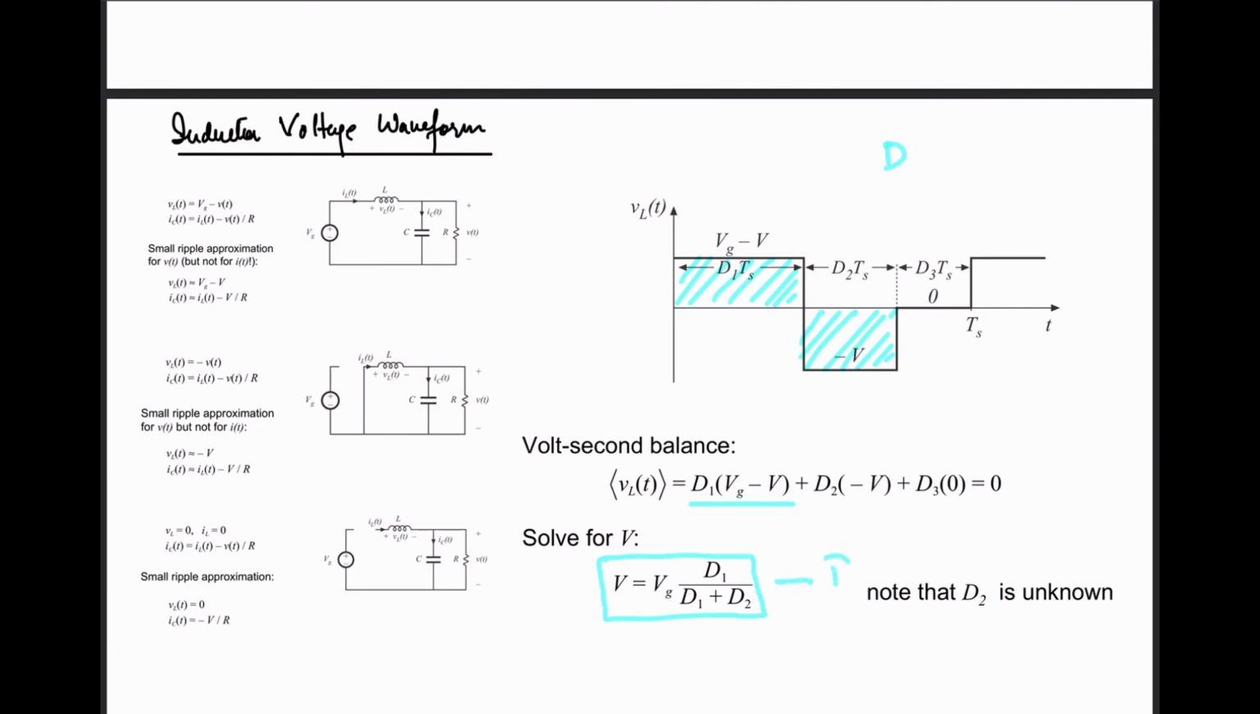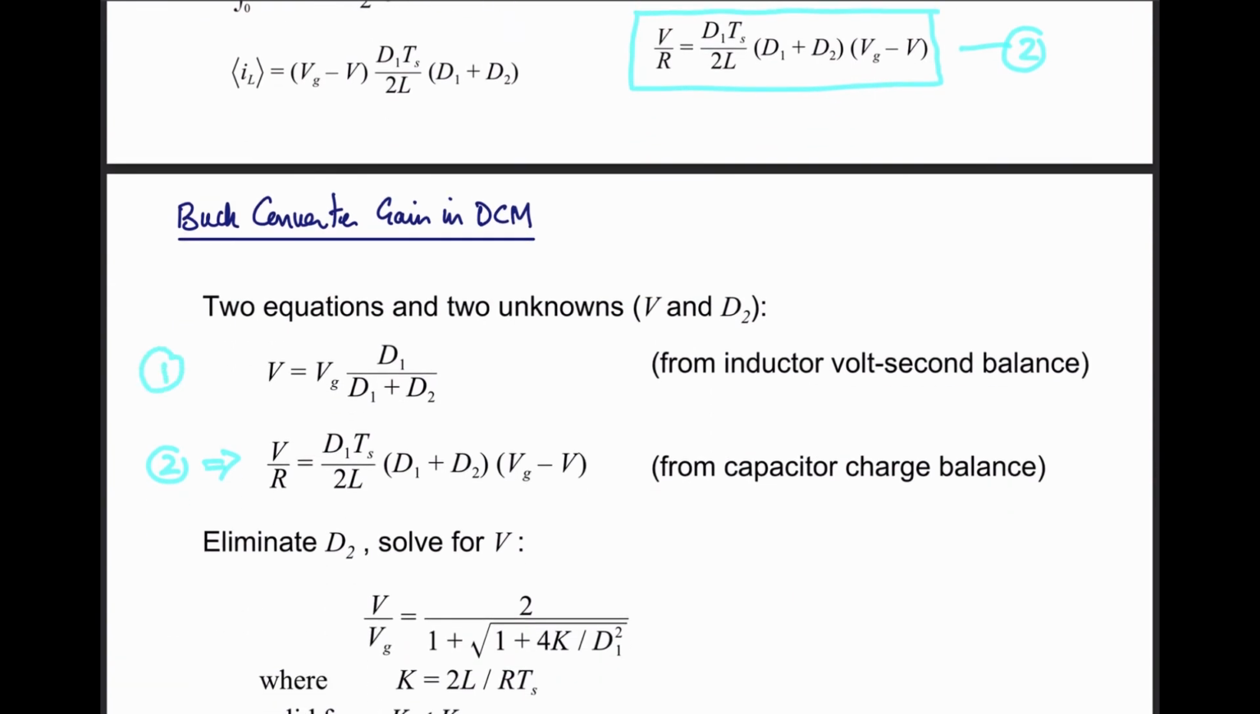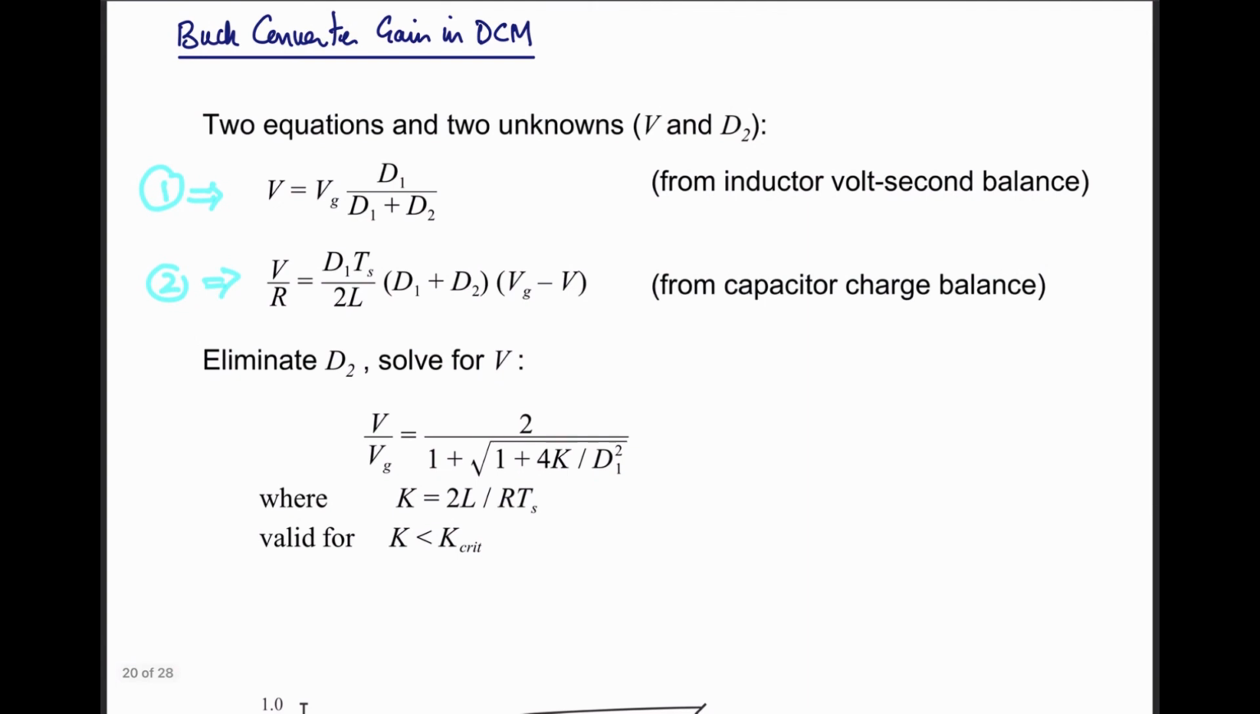So let me call it equation 1. Taking this equation from here, this is equation 1 and this is equation 2. Now we have two equations and two unknowns, the V and the d2. So we can solve it by eliminating the d2. If we eliminate the d2 from here, work out the expression for d2 and put it over here,